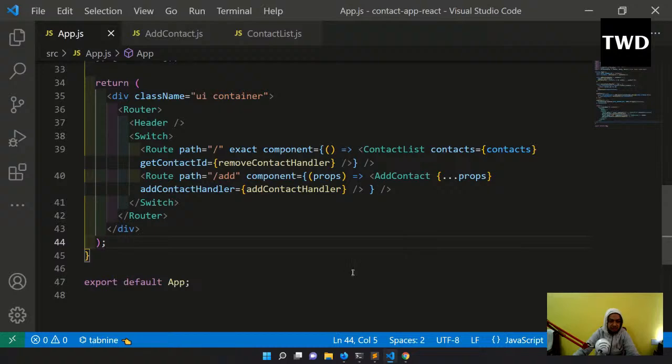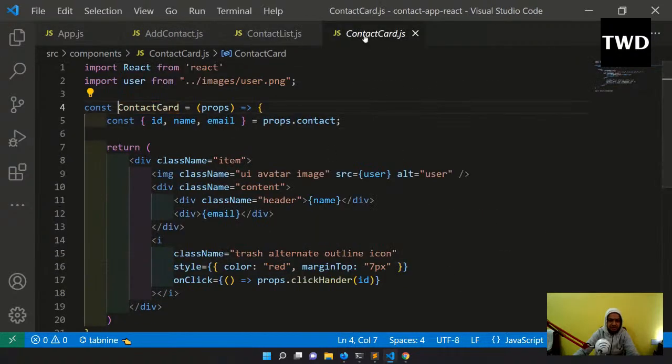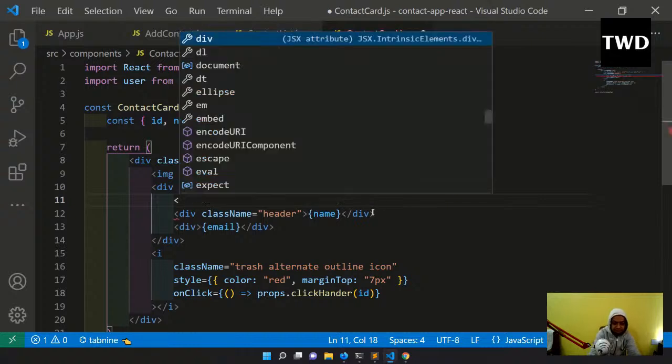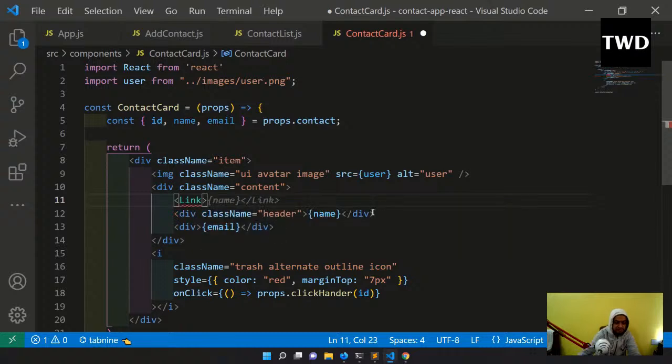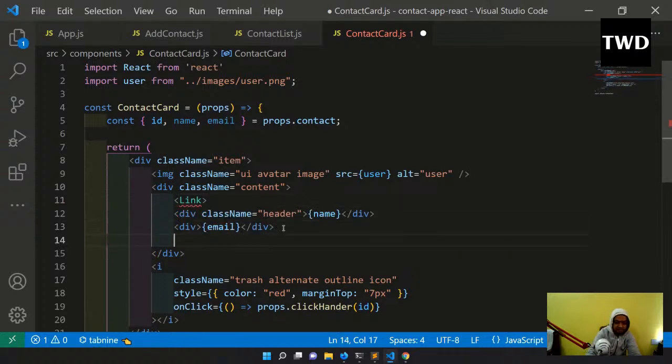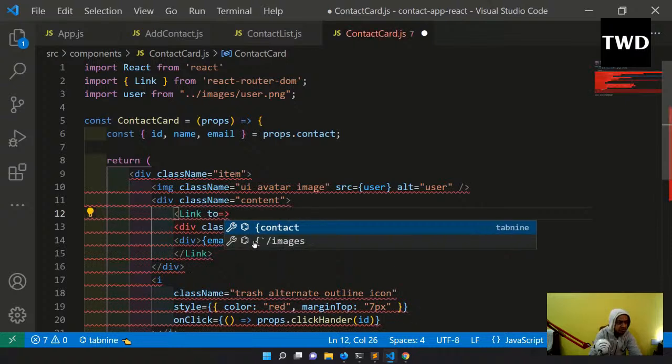So first thing which I'm going to do is, this contact list is actually calling a contact card. So this contact card is there, and then here I am going to have this content is there, and here a link will be there, and the link here. Okay, so again the link you have to import. So let me import the link from React Router DOM. Yeah, imported, right? And then I have to do a to equal to,